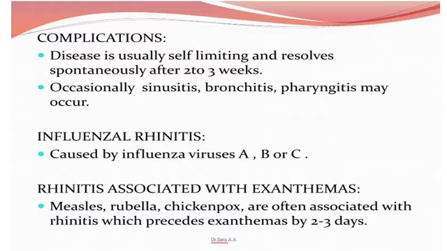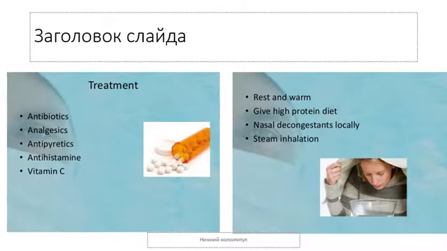As for complications, the disease is usually self-limiting and resolves spontaneously after 2-3 weeks. Occasional sinusitis, bronchitis, and pharyngitis may occur as complications. Influenza rhinitis is caused by the influenza viruses A, B, or C, and rhinitis is sometimes associated with the exanthemas. Measles, rubella, and chickenpox are often associated with rhinitis, which precedes exanthemas by 2-3 days. This is the treatment of the